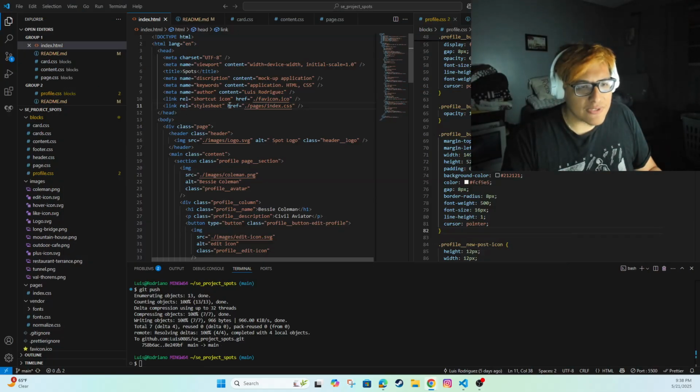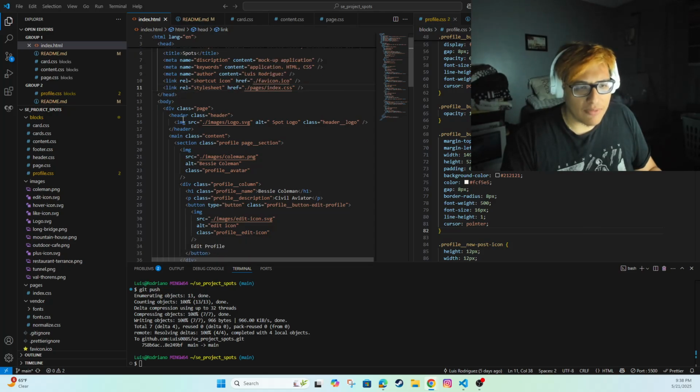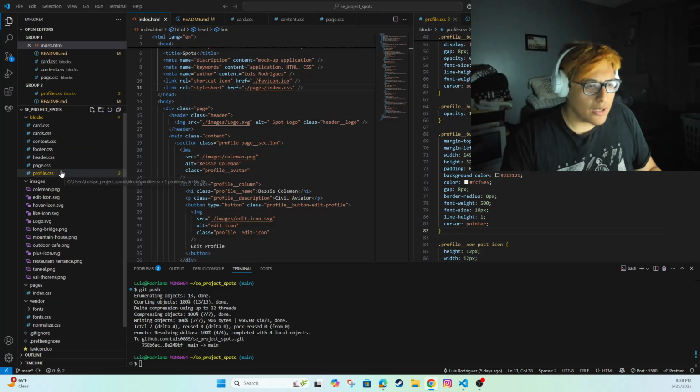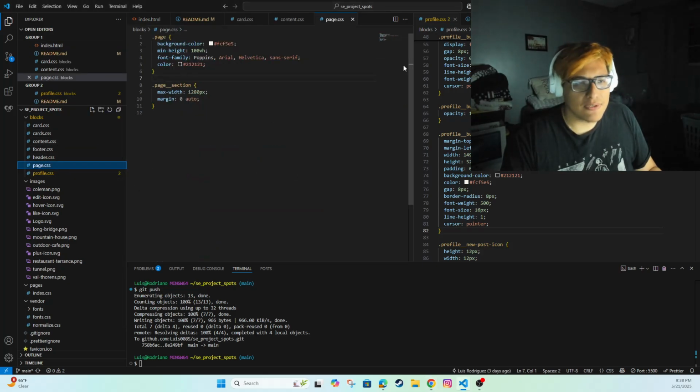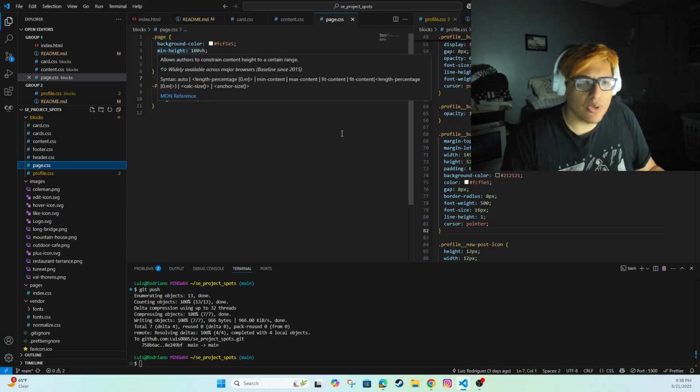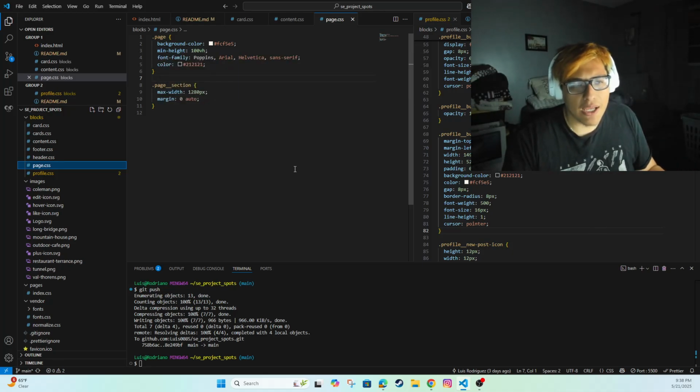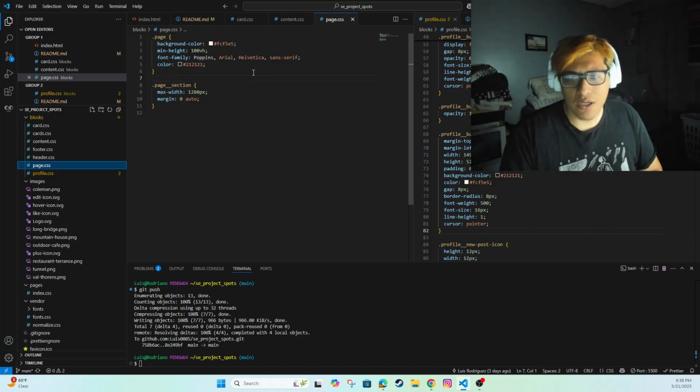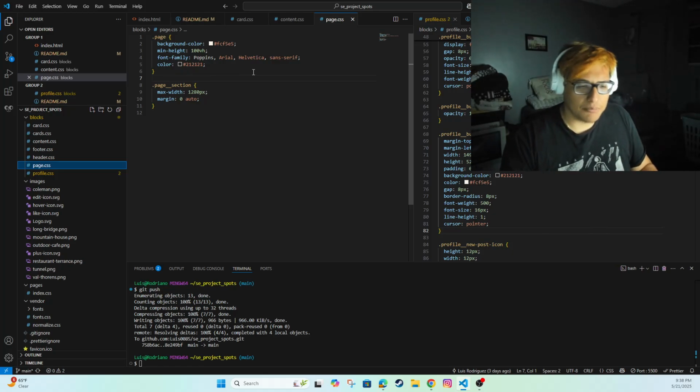We have the style sheet being linked, and then onto the main body, we have a div class called page. The div class page is just to set a background cover for the entire page, make it full in height, add in the font family to make sure that it's standardized across everything, because Poppins is the main font that I was using for the entirety of the